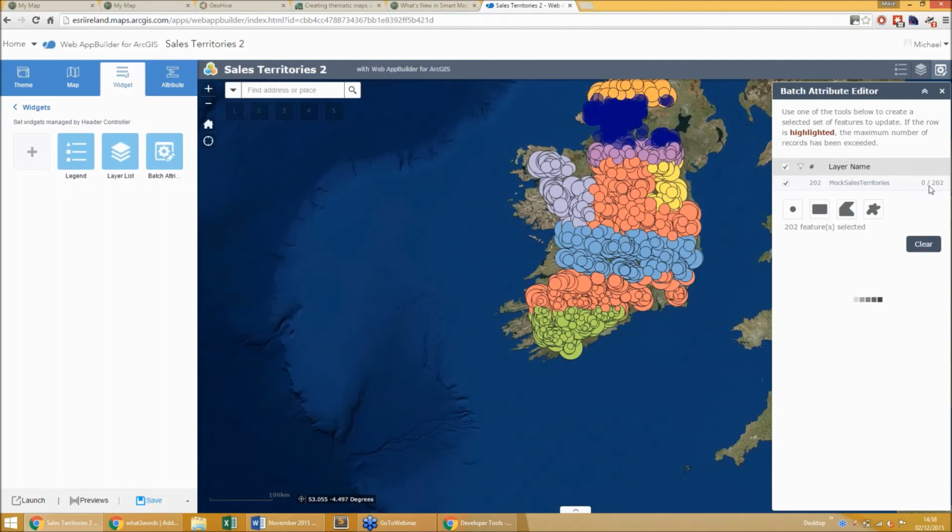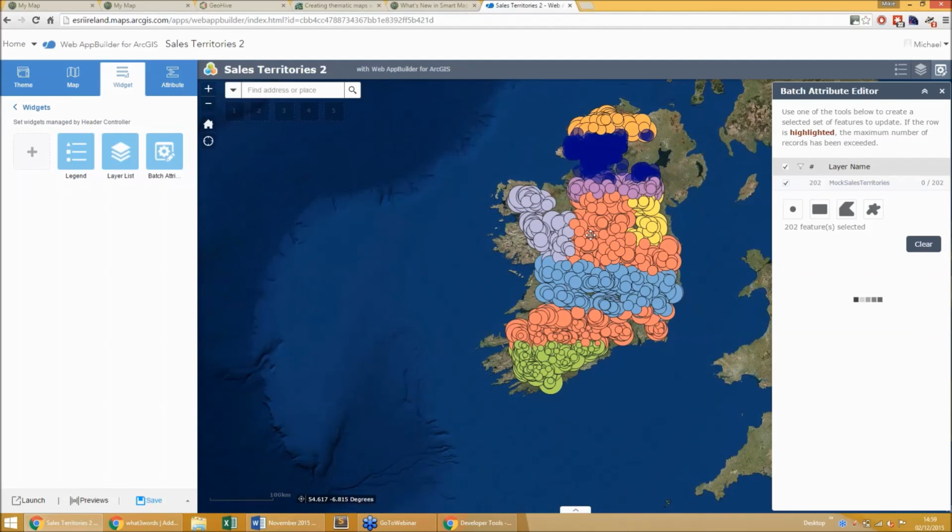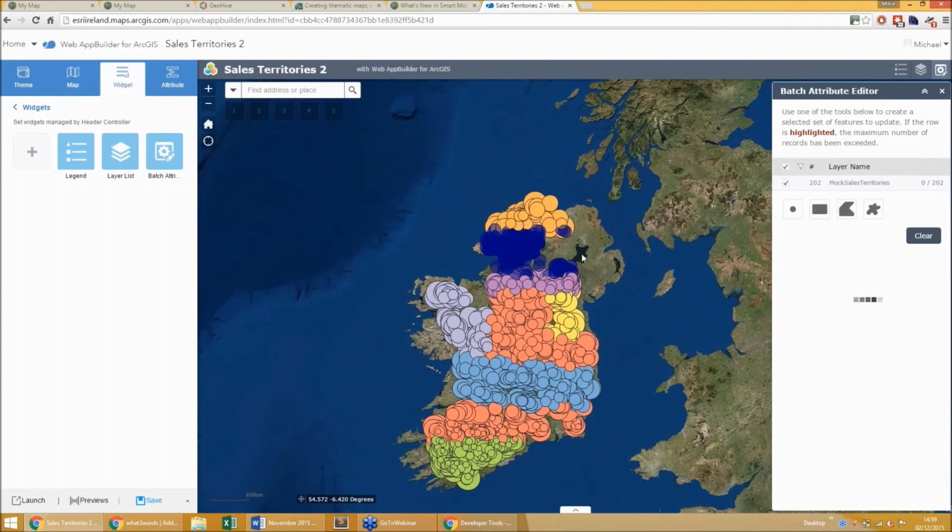So I'm after selecting 202 points, and this is going to change the sales rep for each of those points. So we'll just give it a sec to complete and refresh.